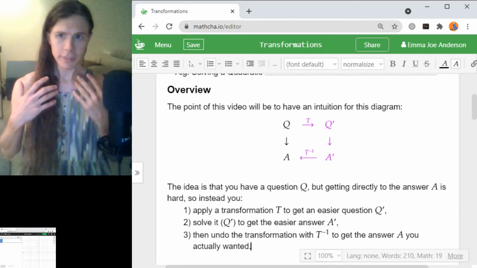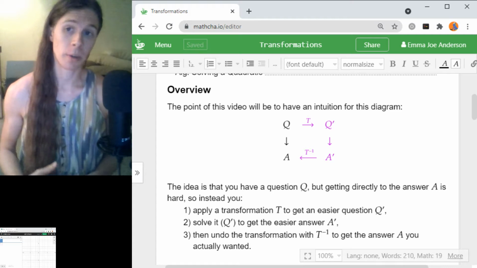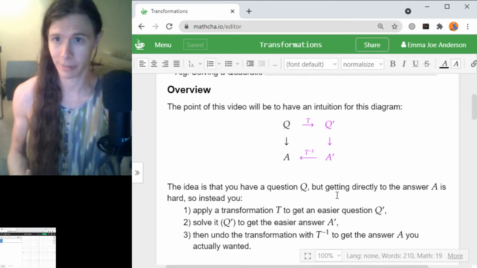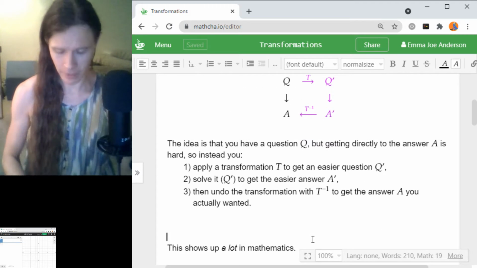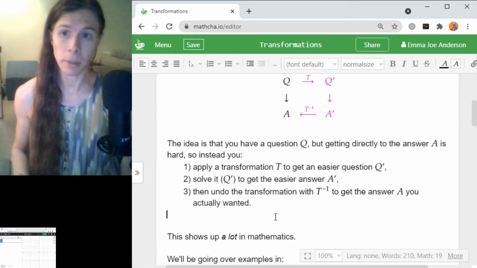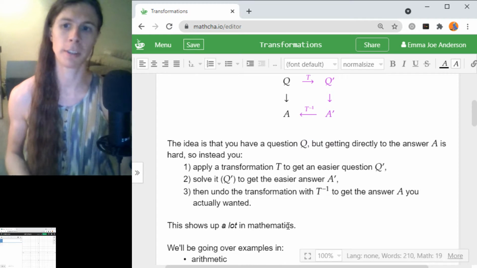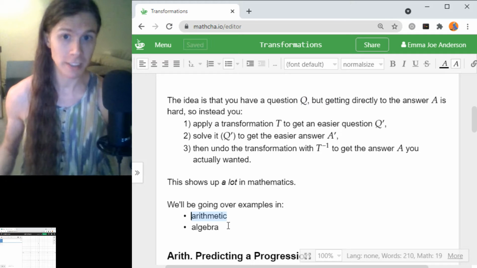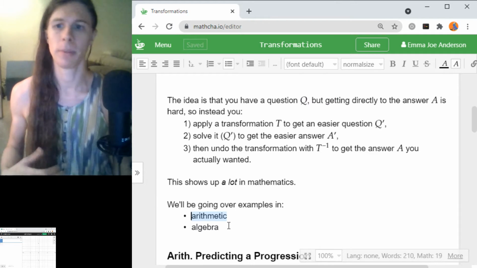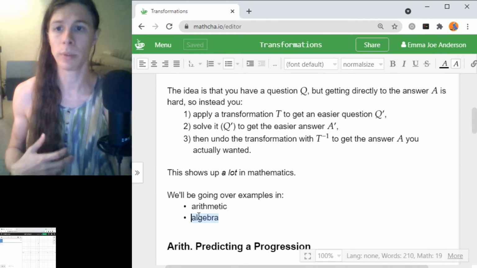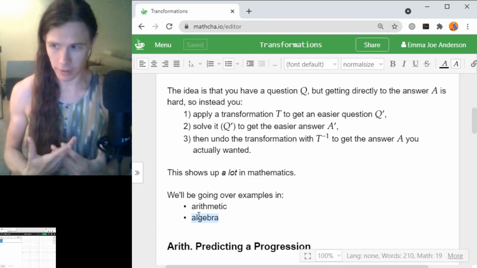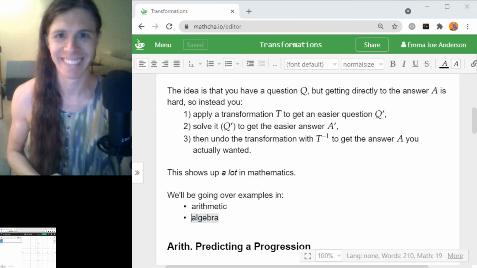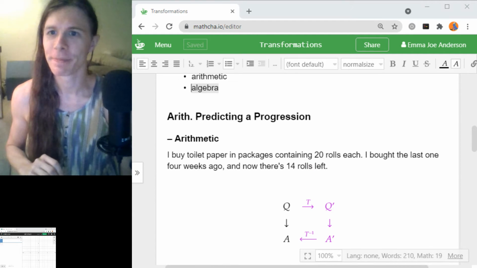Okay, so that's going to be the intuition, or the comparison I'm going to draw between all of these examples. And that's basically all I'm trying to talk about, is how often this shows up in mathematics, and how we can go over a few different examples in arithmetic just to get our feet wet with the concept, and then one really, really important example in algebra. So,